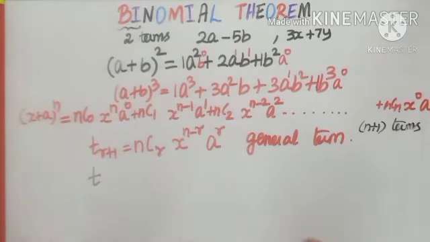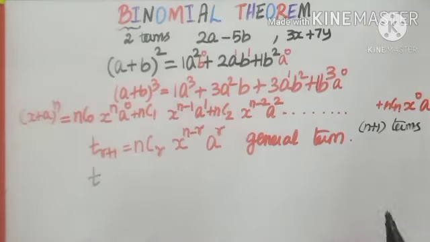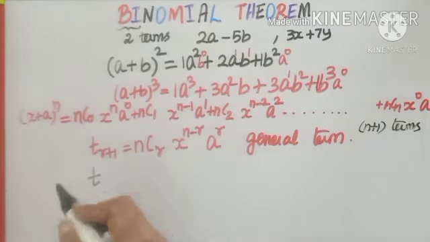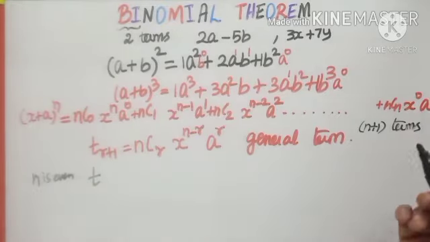See, when the power is 4, I will get 5 terms. 3 is the middle term. That is, there is only one middle term. How did I get that answer? Whenever the power is even, for example 10, there will be 11 terms. In that case, there is only one middle term. When the power is odd, n plus 1 terms will be even. In that case, there will be 2 middle terms.